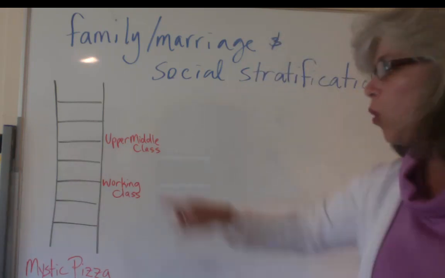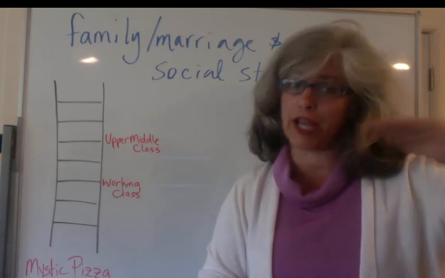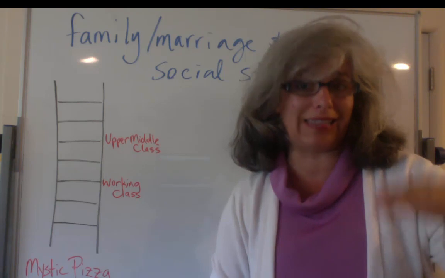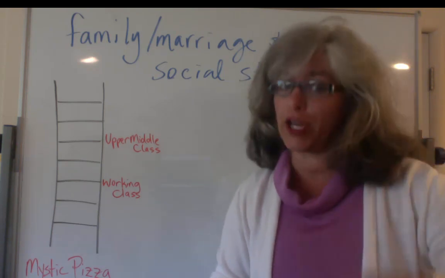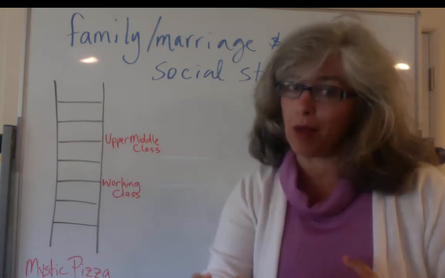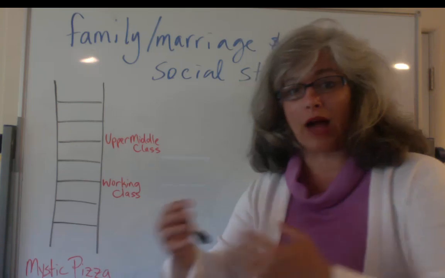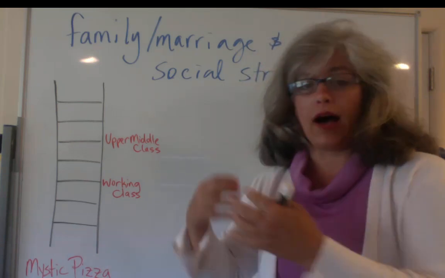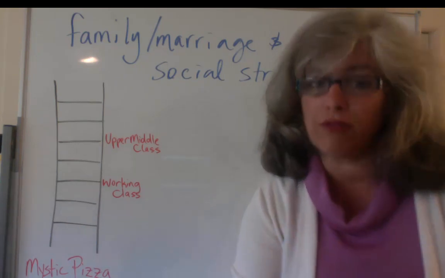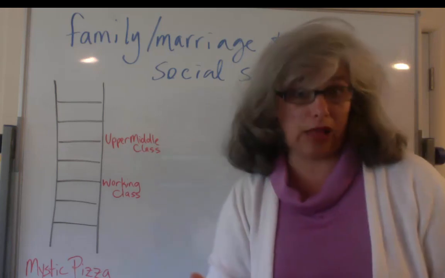Okay? So working class people are working class people because they have a certain education level, and that education level allows them to be qualified and skilled at certain occupations, and those certain occupations have a certain income level that allows them to have a certain style of life, allows them to have certain aspects of comfort and advancement, certain parts of life chances that are different from somebody in the upper middle class, for instance.